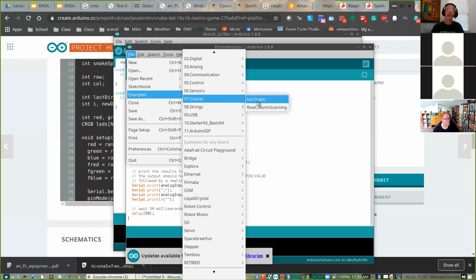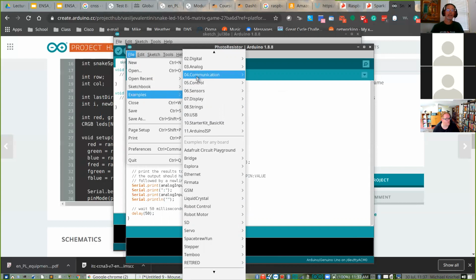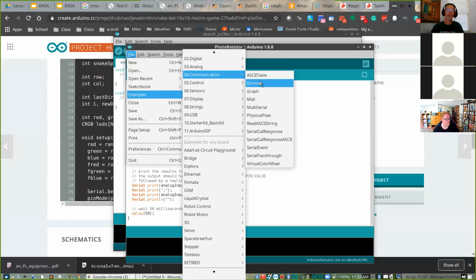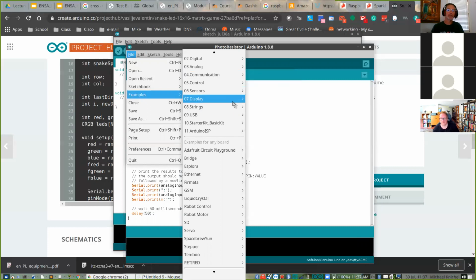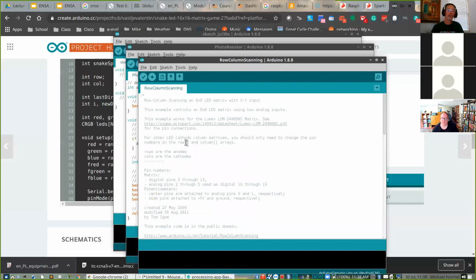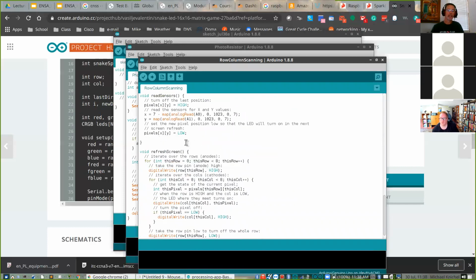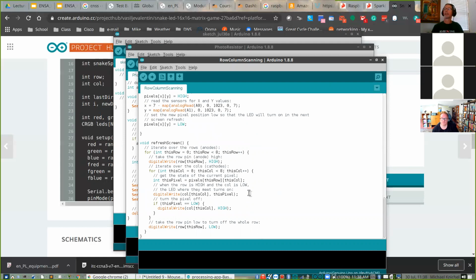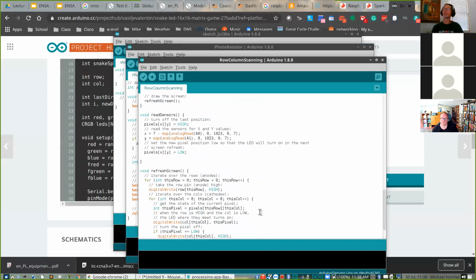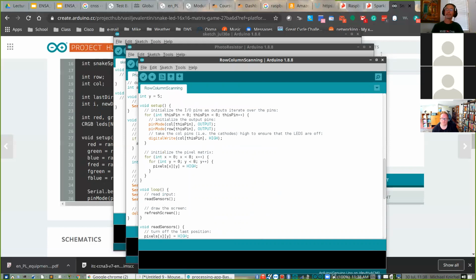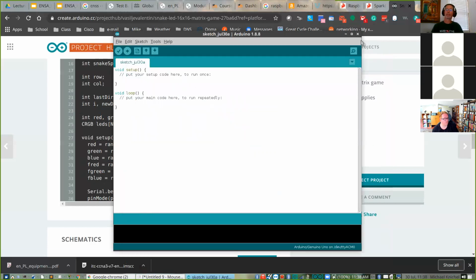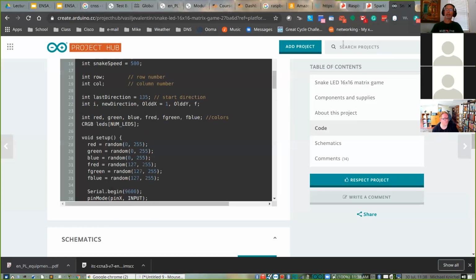If I want to do display, if I want to make a bar graph or a scanning column, analog input and output, if I want to make a dimmer switch, a MIDI synthesizer to output some sounds, all kinds of things. So let's go to display. Let's look at what this one looks like. And they give you nice code. So here it is with all kinds of comments in there so that you understand what they're doing. So it's a great way to learn. Anyway, I digress. I'm not very excited about IT, as you can tell.